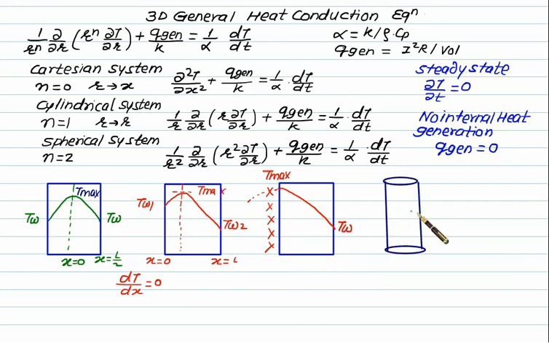The same theory you can apply to the cylinder, only you have to use this equation. Suppose we have a cylinder placed in a fluid, then both wall temperatures are identical and the maximum temperature will be obtained at the center, where R equal to 0, T is equal to T max, and therefore dT by dr at R equal to 0 will be equal to 0. Using this, we can find out the constants. You can apply the same two derivations in the case of the spherical system also.